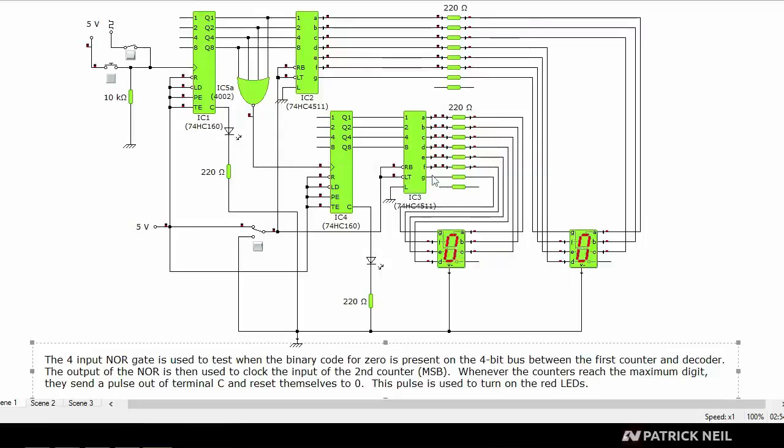significant digit. Now the way it works in counting is that the least significant digit is going to go from 0 through 9, and then when it resets to 0, this digit is supposed to go to 1, and then we will have 10. When this digit reaches 0 again, this digit will go to 2, and we will have 20. To achieve this effect, we place a 4-input NOR gate on the 4-bit bus between the first counter and